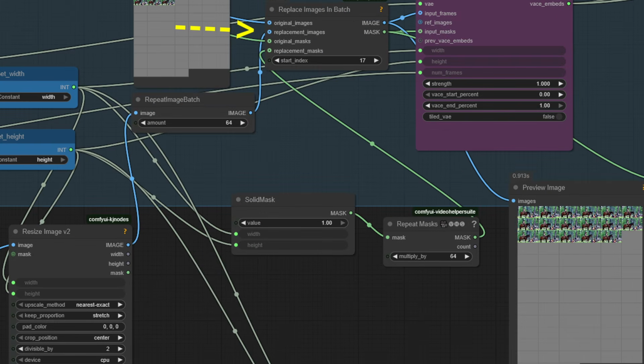Starting with the replace images in batch node, you know why we are setting the start index to 17, correct? It's because we are starting the replacement of images and adding masks at frame 17. 17 from 81 frames, which is our final target output frame number, leaves us 64 frames, I think. And 64 is the number we put in for the middle grey image I showed you earlier that we will push in to replace each of 1640 frames. And 64 is the number of mask frames that we will inject from frame number 18 onward,